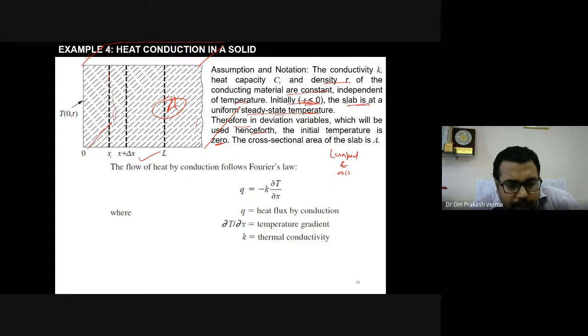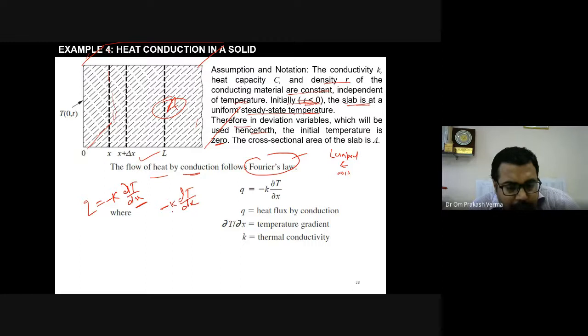Now we have to find the transfer function. We will see the heat flow by conduction through the Fourier law. When we write heat conduction, we write the Fourier law equation, and this is nothing but Q equals the gradient of temperature with respect to the coordinate. So how is this temperature varying? The temperature varies as delta T by delta x, with a negative sign.